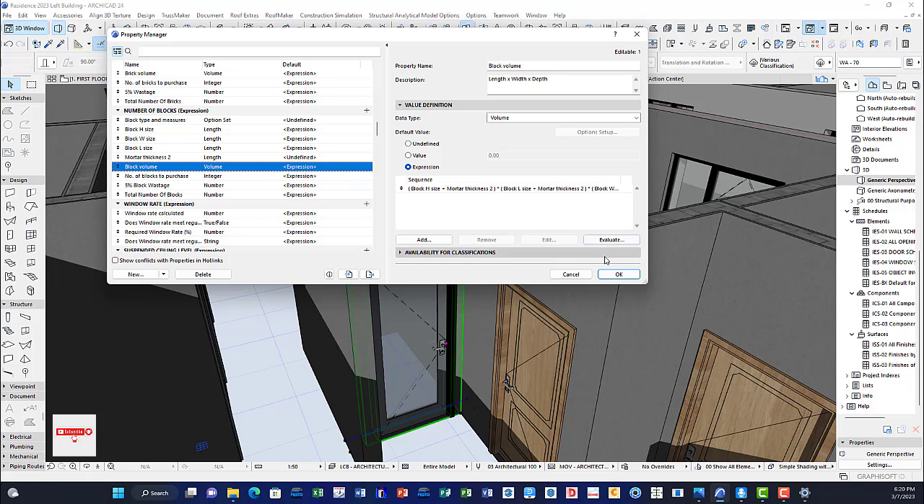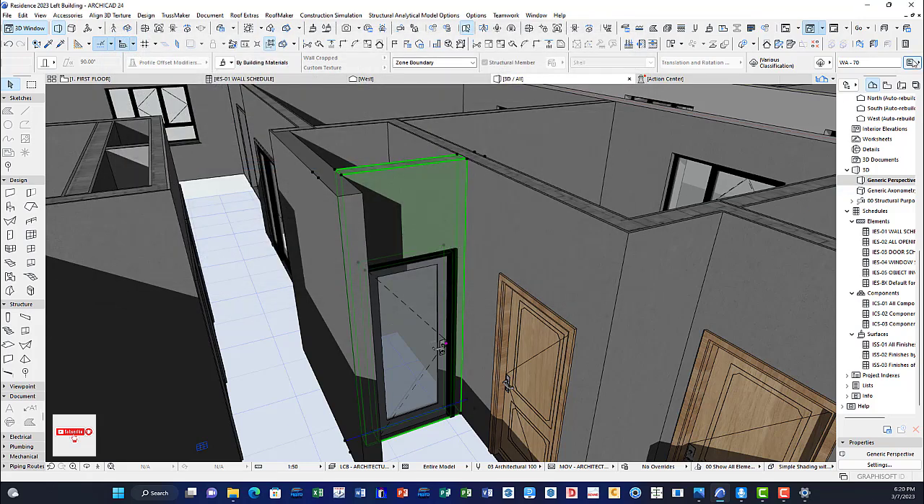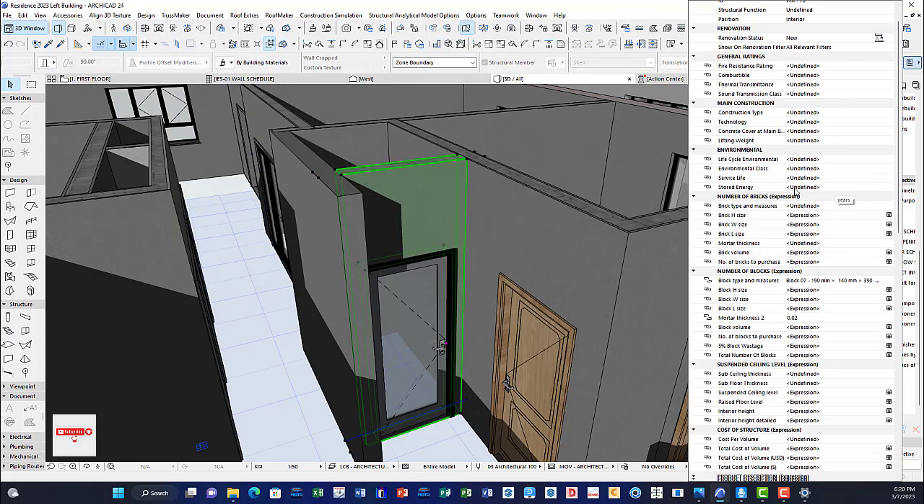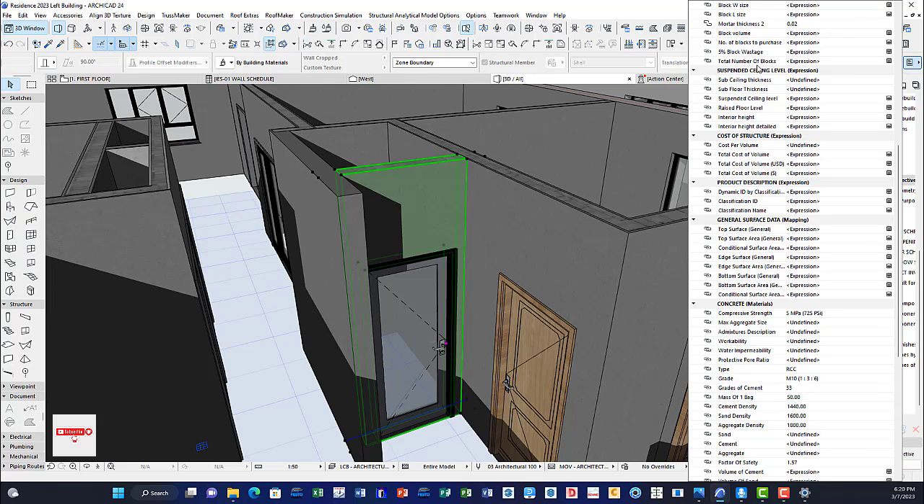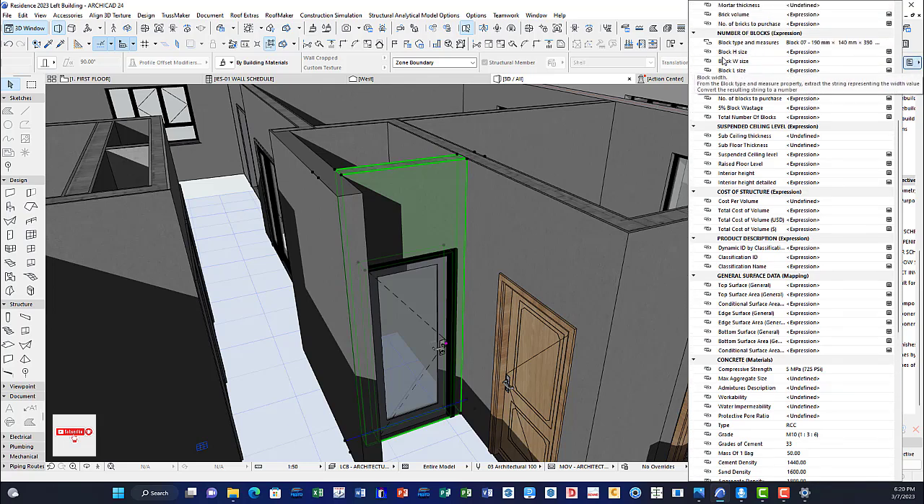So this is going to say cancel. We go back here, or we scroll down to block. So this is our block. We know already the expression because we built it for the length, for the width, for the height. We know it already. So when it comes to mortar thickness, we're going to choose 0.02,